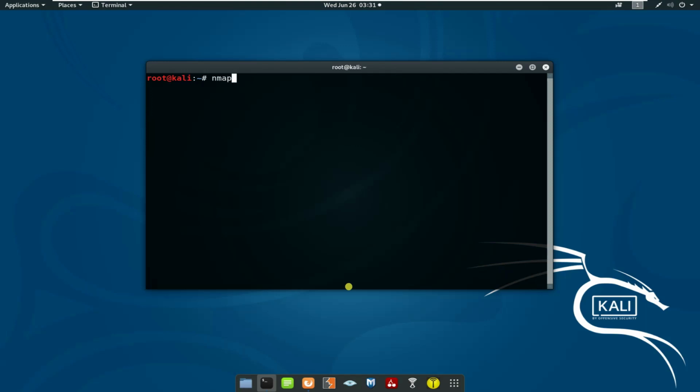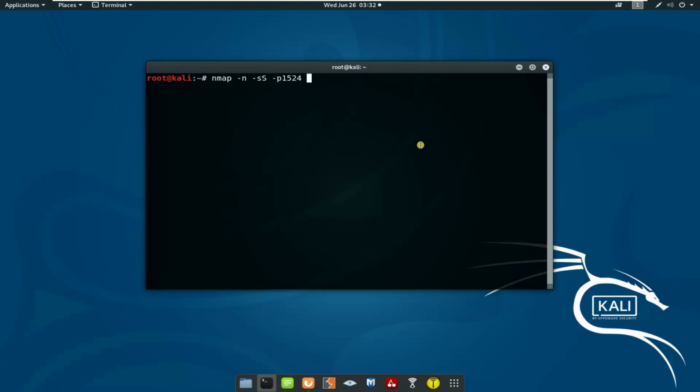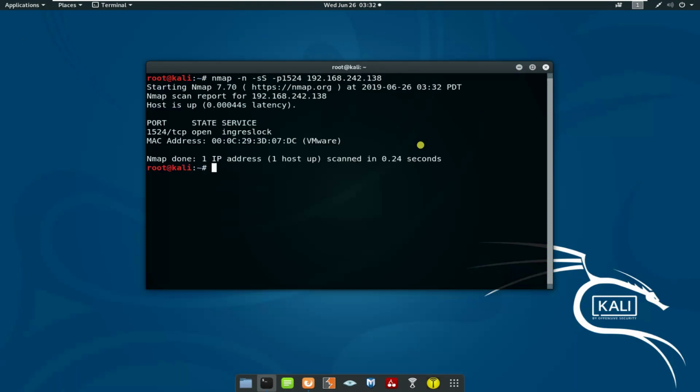Let's say nmap -n -sS. Then you specify the port, let's say port 1524, which was identified here. And put the address of the target, 192.168.242.138. Yeah, it's open. I'm not sure what this service ingreslock is, which is perhaps not an authorized service or application. So what we can do is